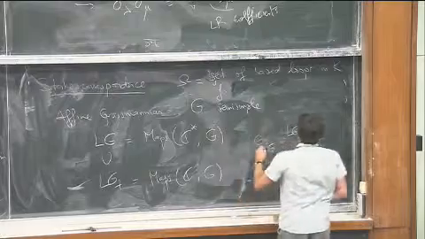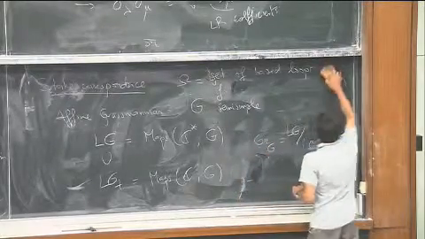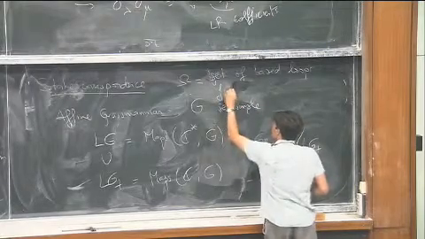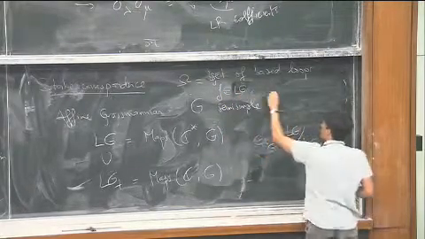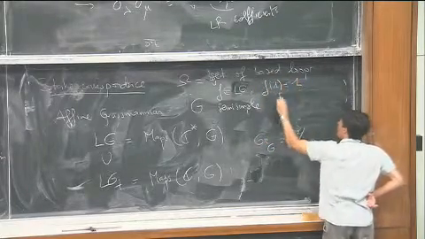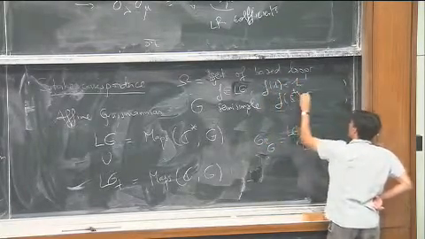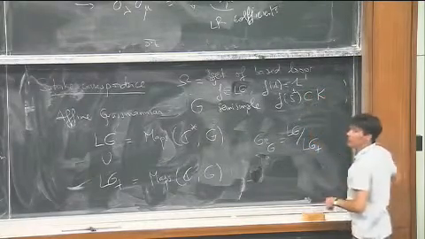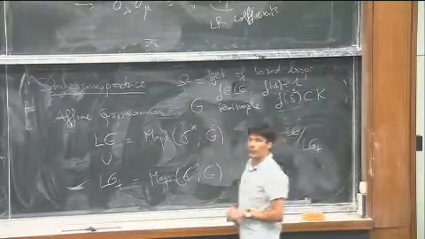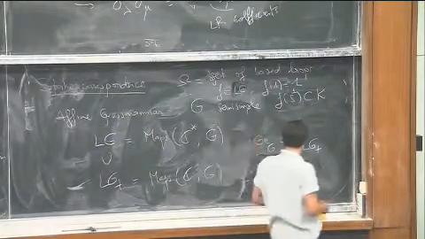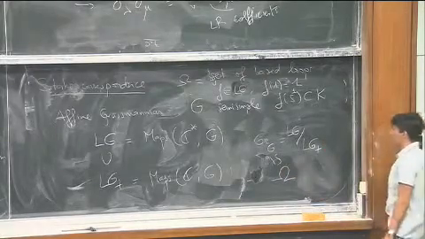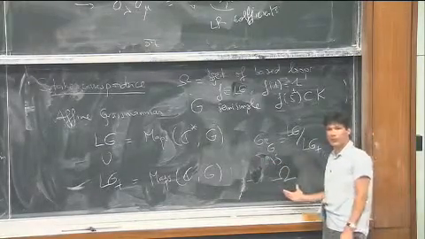Sorry, let me say something more correct. So you look at f in LG which have the property that f(1) equals 1, and that the unit circle is taken to K, which is a maximal compact subgroup of G. Okay, so there is a natural bijection between the affine Grassmannian and omega K.